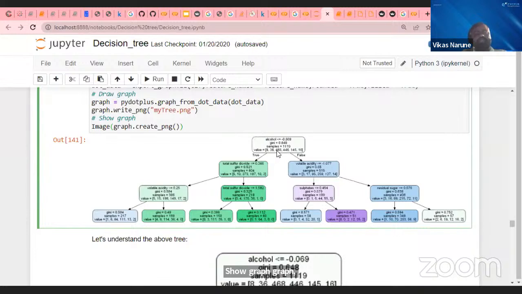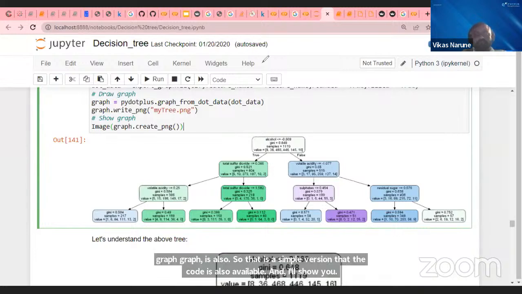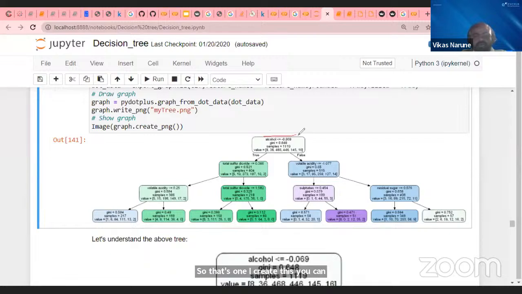So guys, once I create this, you can directly visualize here. See here, it has taken alcohol percentage. And now you try to see here, it has taken alcohol percentage as our root node. And let me tell you, whenever we try to use this CART algorithm, guys, whenever you try to use the CART,